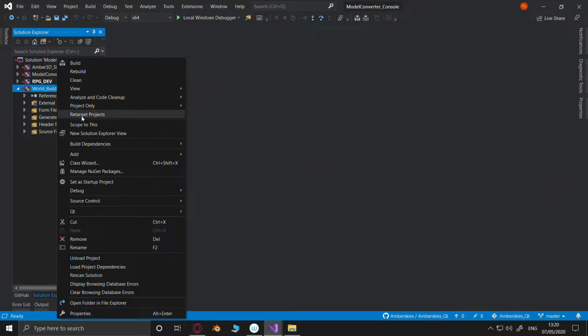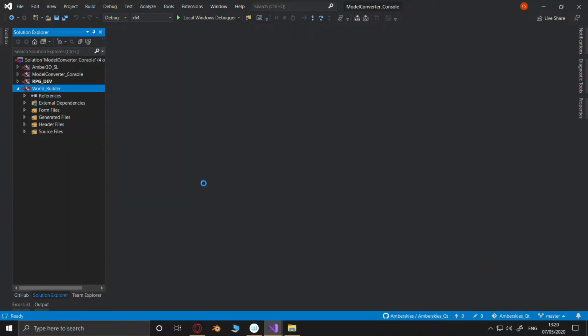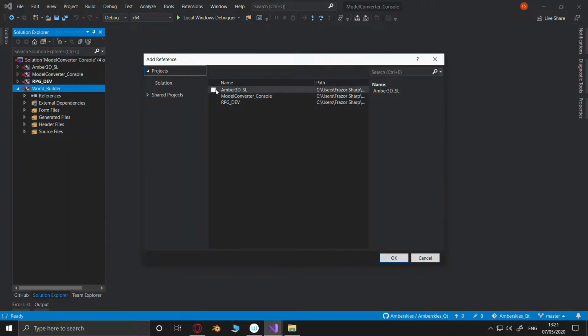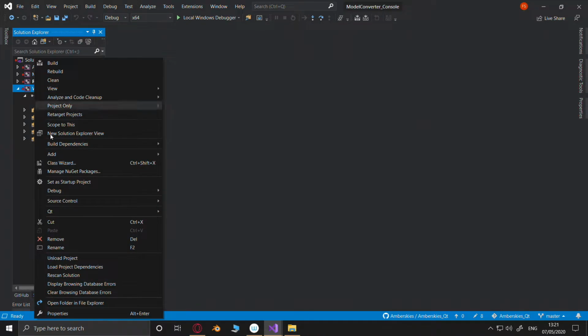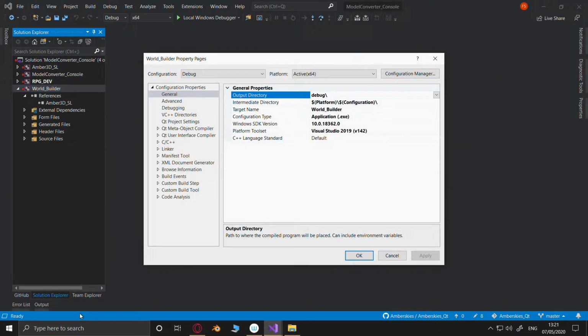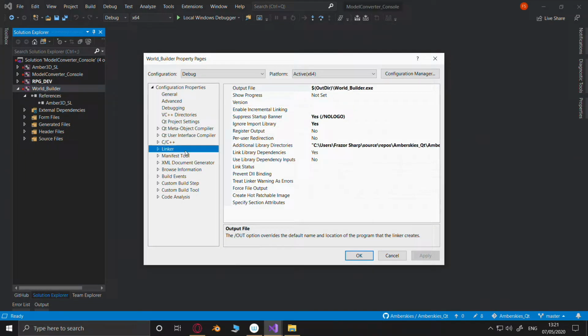First things first, we need to add a reference to that Model 3D SL. We also need to add something to its properties in the linker here.